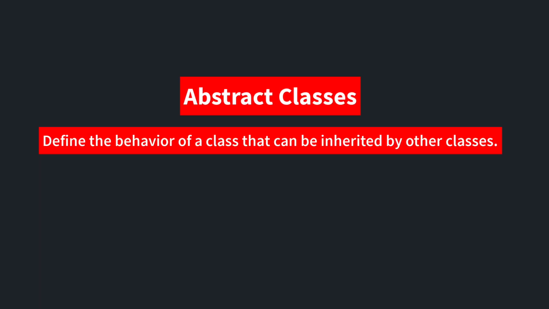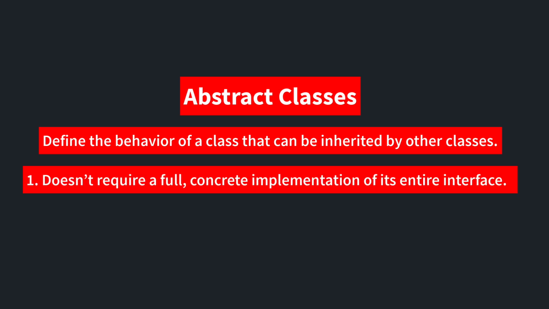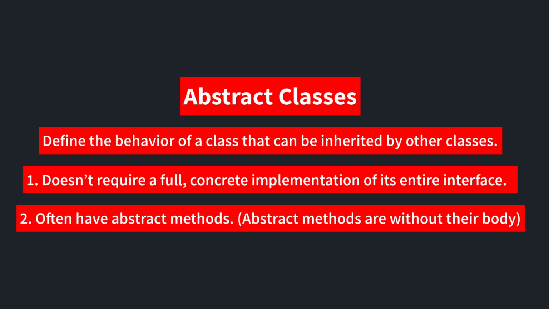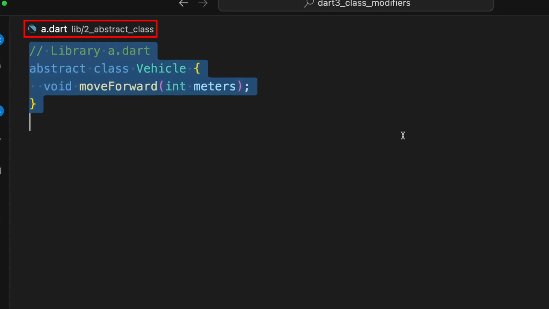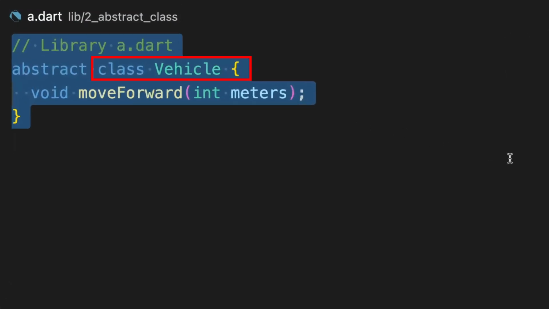Abstract classes are used to define the behavior of a class that can be inherited by other classes. It doesn't require a full, concrete implementation of its entire interface. Abstract classes often have abstract methods. Abstract methods are without their body. In a.dart file, we are creating the same vehicle class and its abstract method without body and using abstract class